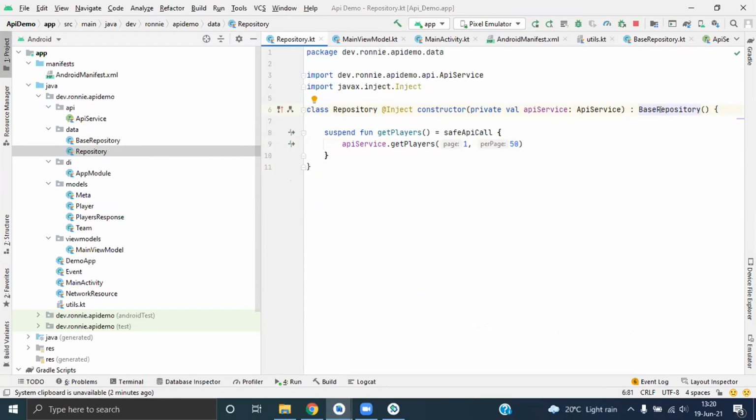But maybe I find people using a different approach for the safe API call. You can also make it a top-level function in a separate file, where you can just use it elsewhere instead of having a base repository class and having to extend. You can have a file and use it from the file. That can also work. It also depends on the structure and how you decide to build the app. For example, where I'm working, there are some things that I can't do on one job and I can do on the other job. So it also depends on the team and everything.